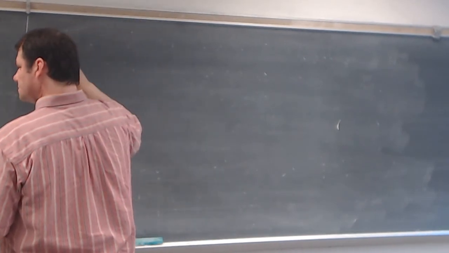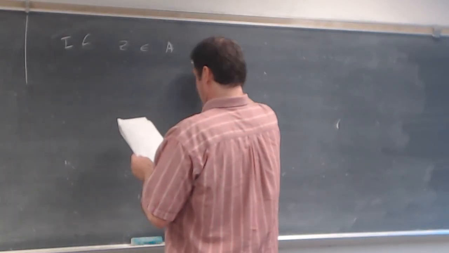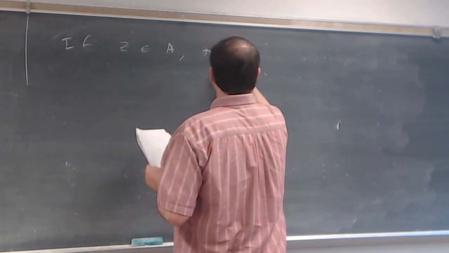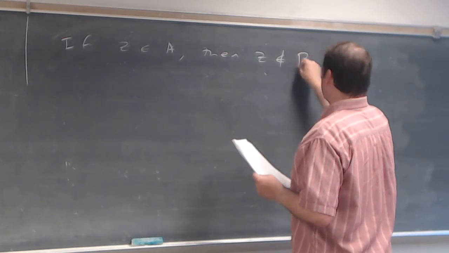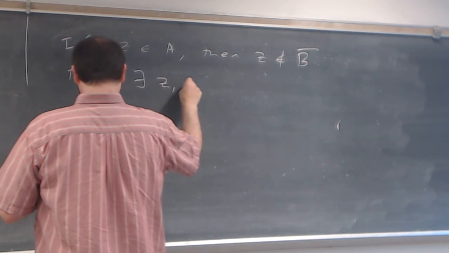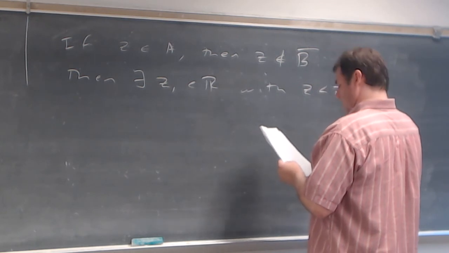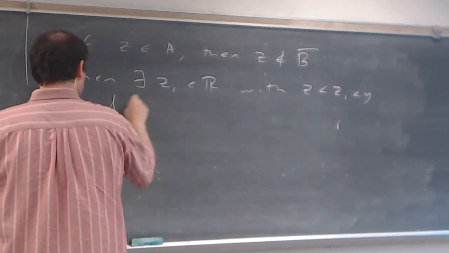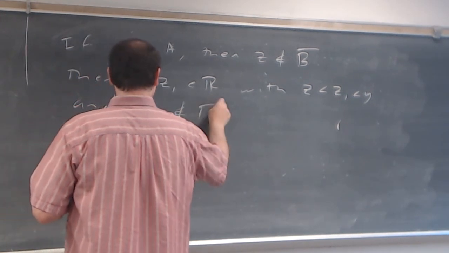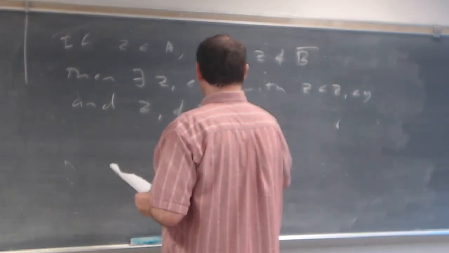Now, case 2: if z is an element of A, okay, then we know z is not an element of the closure of B, then there exists a z sub 1 element of R with z less than z sub 1 less than y, and z sub 1 is not an element of E. Okay. To see the existence of z sub 1,